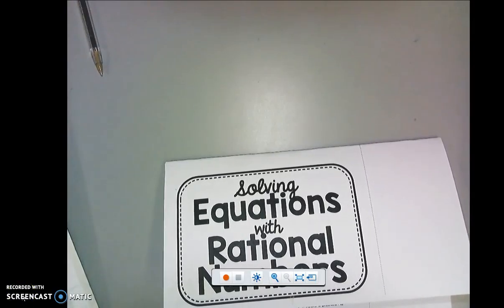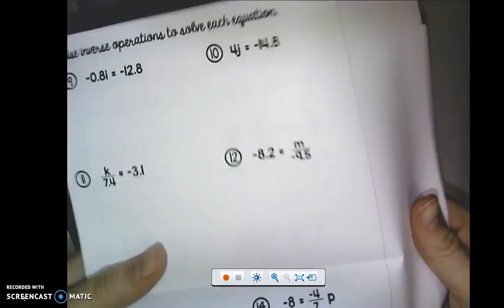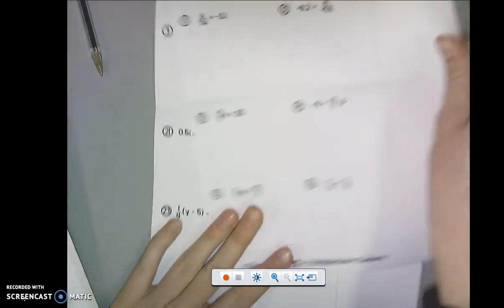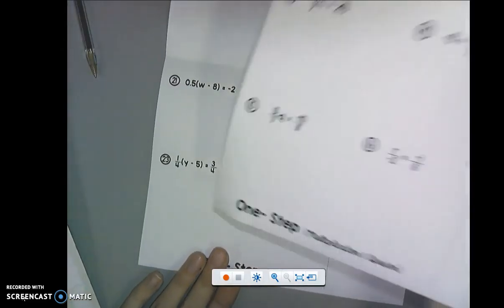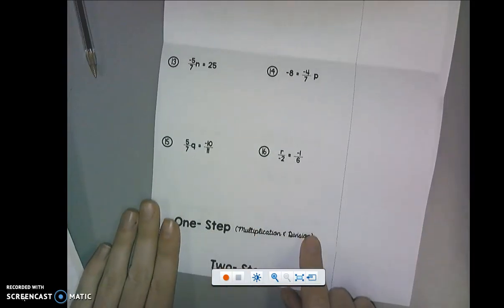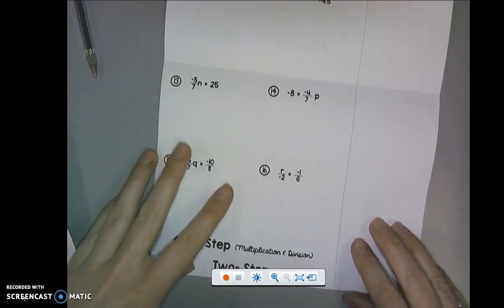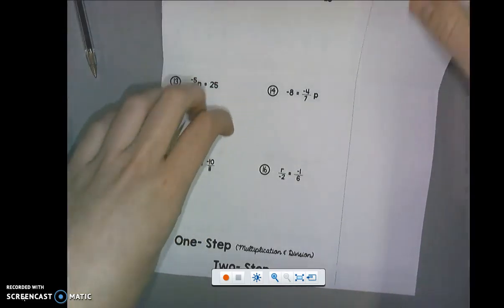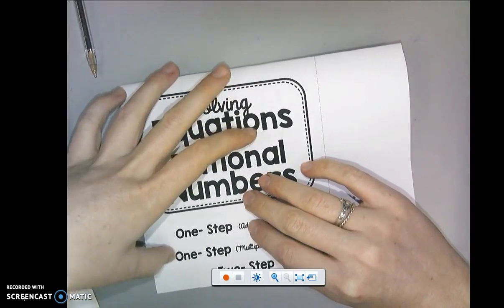Okay, so this is probably the longest video we'll do, and it takes a second to set up your notes. What you want to do is take your 2 pages. You want it so the blank where it says 2-step is looking right up at you, and where it says 1-step, with the multiplication and division, you want to have it right over there. Then you're going to take your top, and you're going to fold over